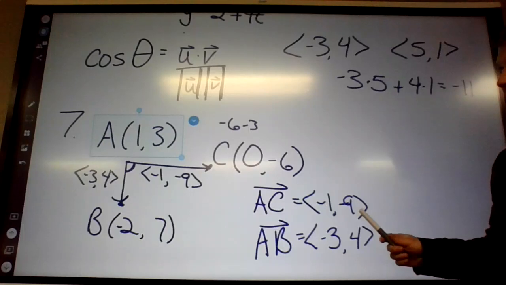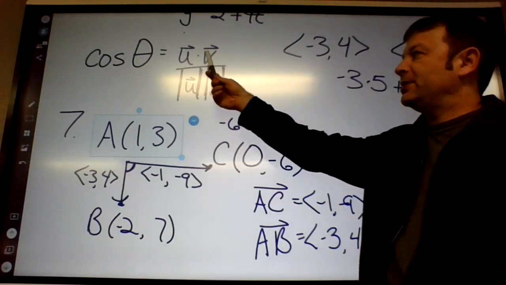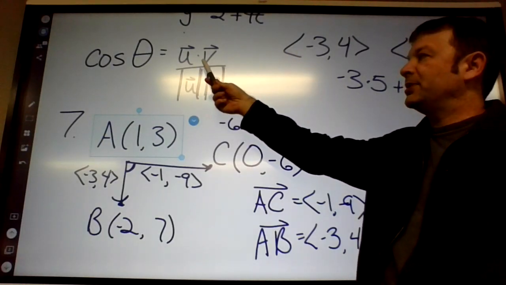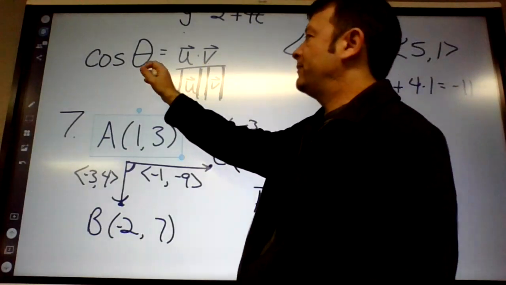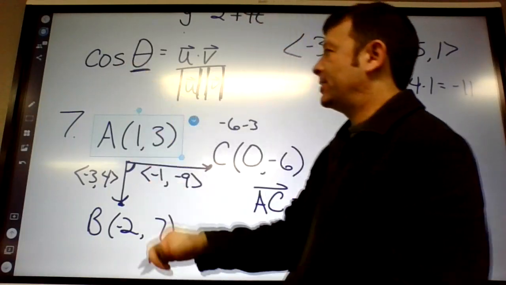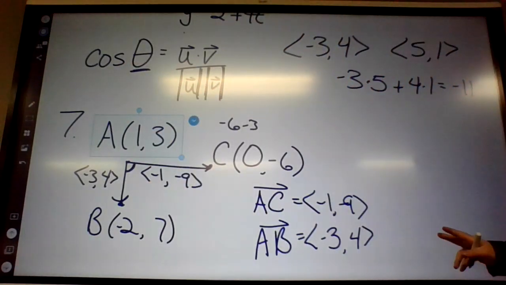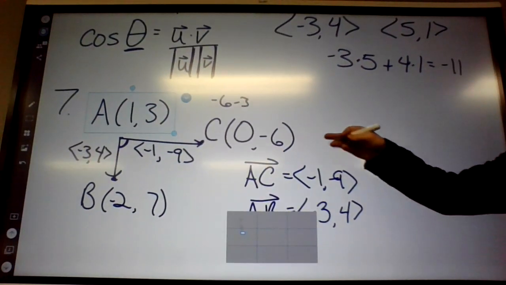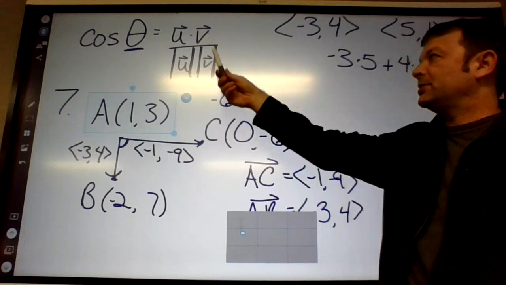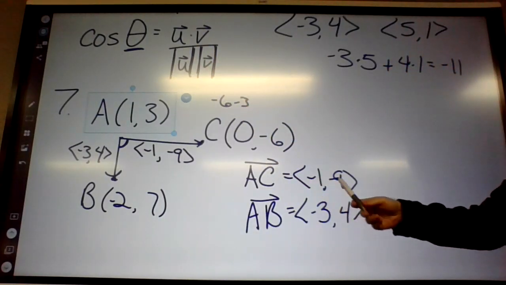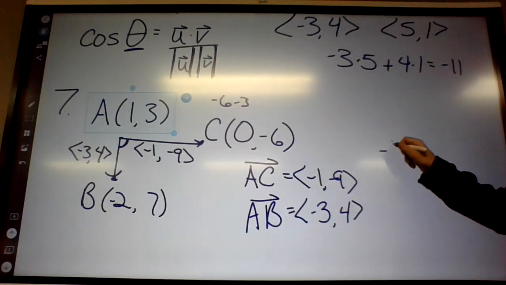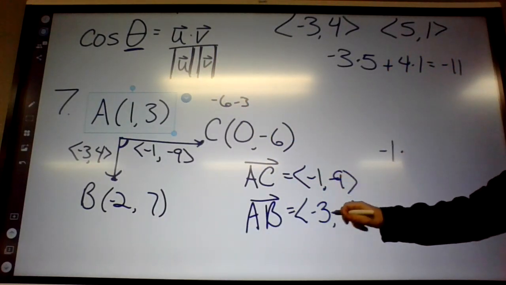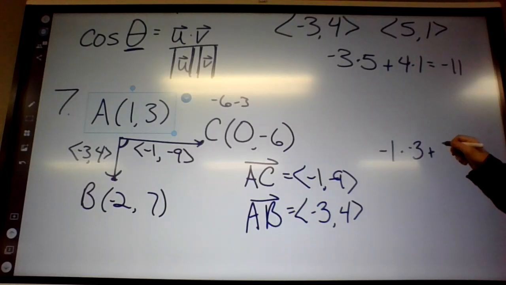Okay, so you have to get those vectors, and then you start plugging them into our little formula up here. We're looking for the angle, that would be the theta in this formula. The first thing is the dot product. So we do the dot product of these two, so that'd be -1 times -3 plus -9 times 4